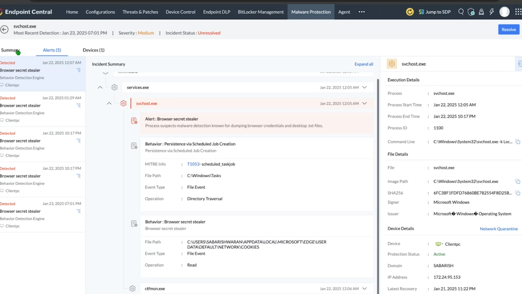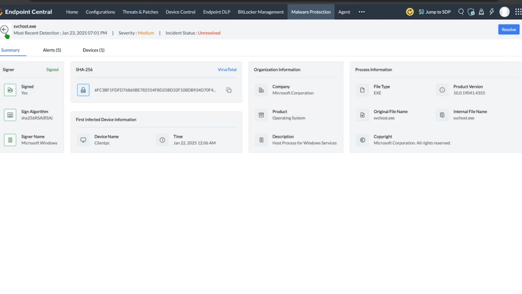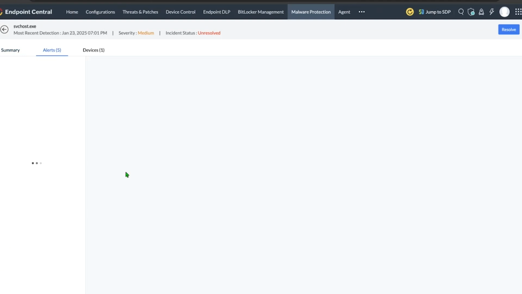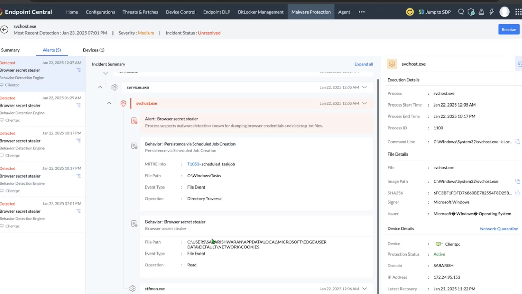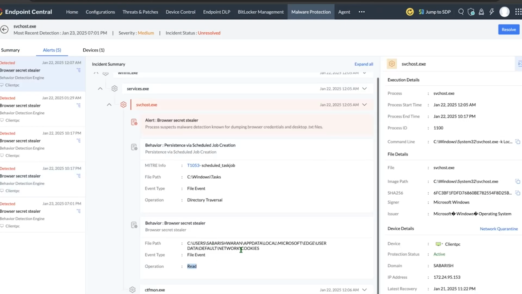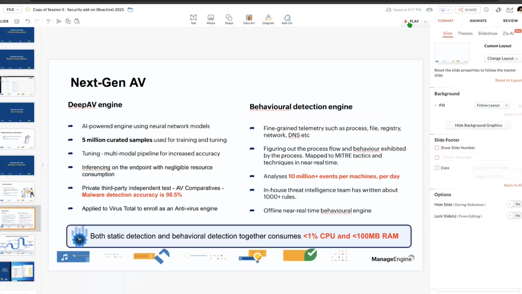So in this case, the svchost.exe has been flagged. And what is the reason? When you look at the summary, it was trying to read the cookies folder within the Microsoft Edge directory. So based on the behavior analysis, we are going to flag the process as well. So going back to the presentation,